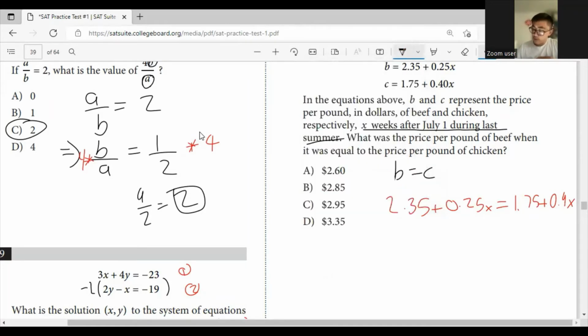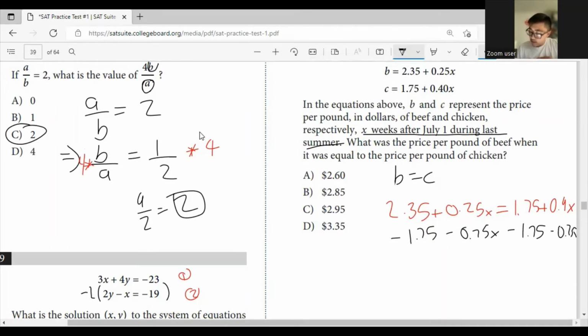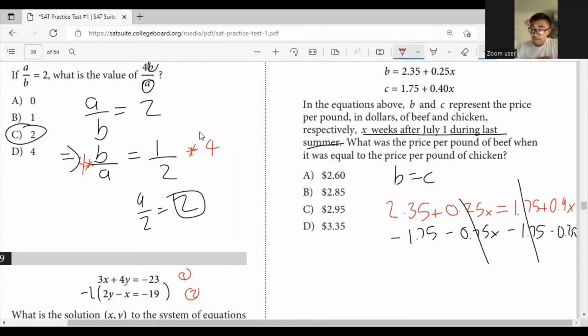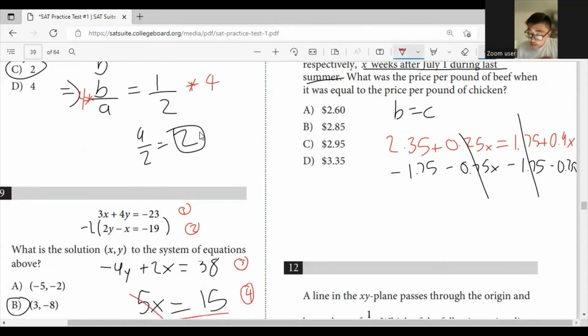So what I'm going to do here is subtract 1.75, subtract 1.75, minus 0.25x. I'm just isolating everything. 0.25x. This cancels out. This cancels out. All right, and now you have, okay, 0.6 equals